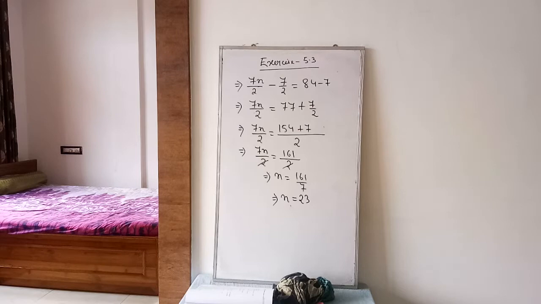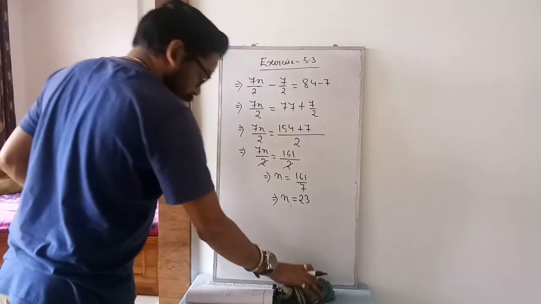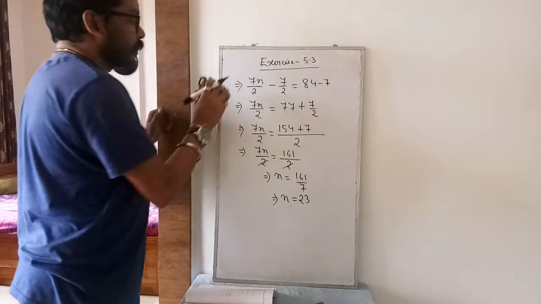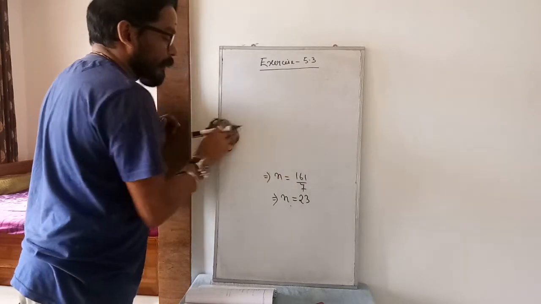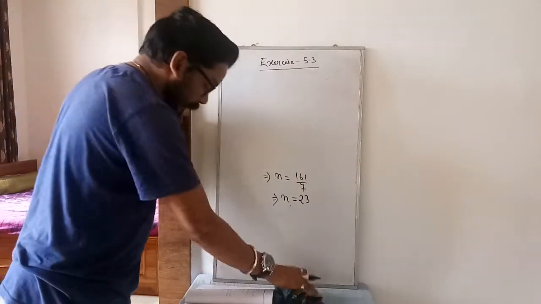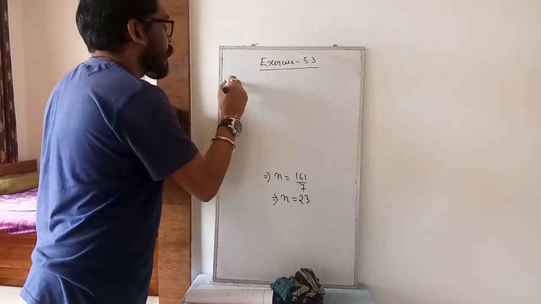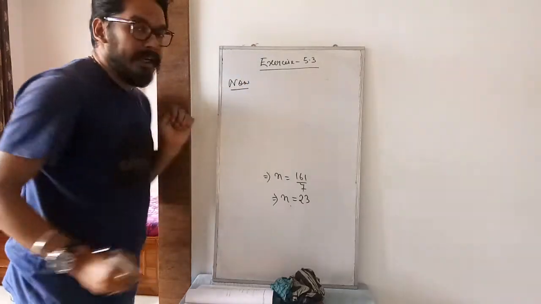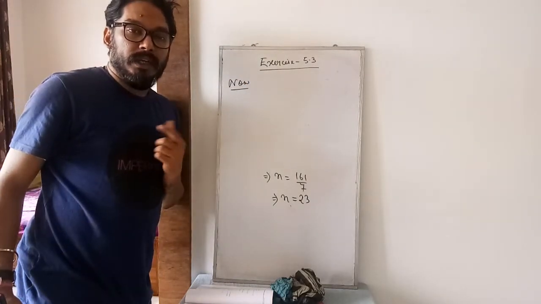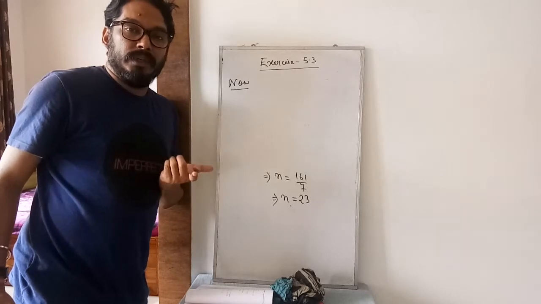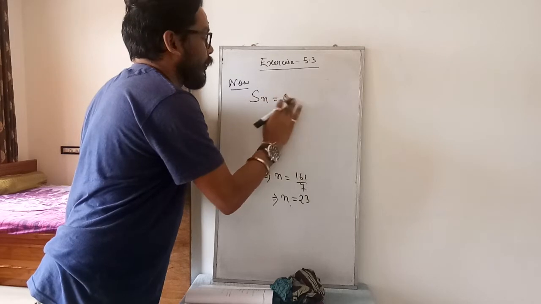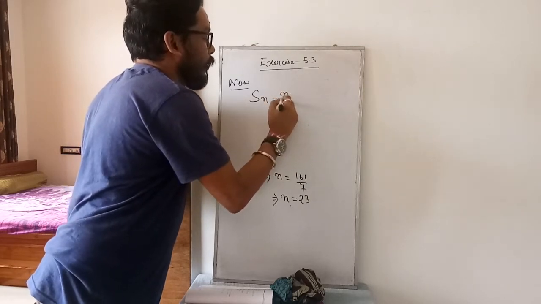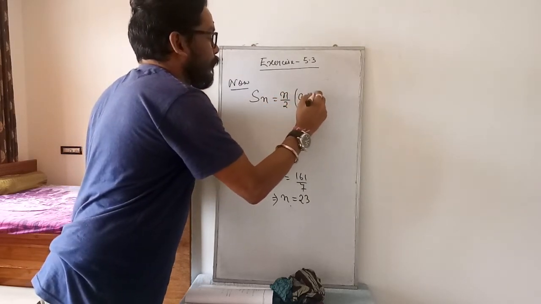Okay. Clear? Okay. Now see, till now my sum is not over. Now I have to find out my final part, the one they have asked in the question. I have to find out the sum. So as I said earlier, here you can use the shortcut one, n by 2 into a plus l, because the last term you know. So Sn equal to n by 2 into a plus l.